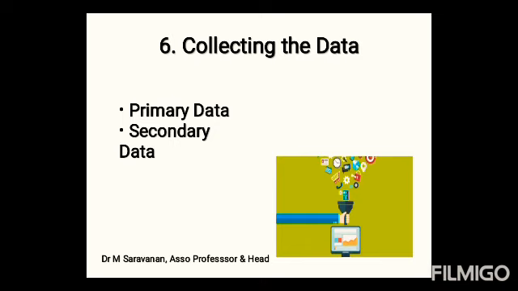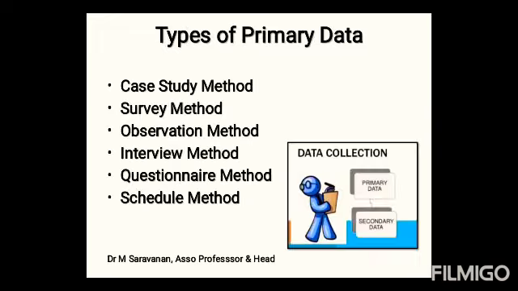The next step in research process is collecting the data. Data is nothing but raw fact. The data collected has to be converted into meaningful information. There are several ways of collecting the appropriate data in context of money, costs, time, and other resources at the disposal of the researcher. There are two types of data, namely primary data and secondary data.